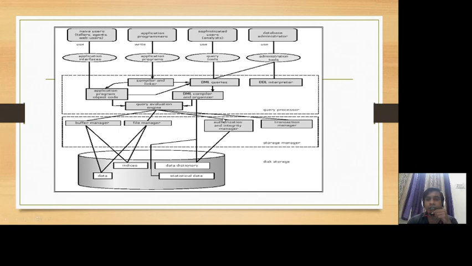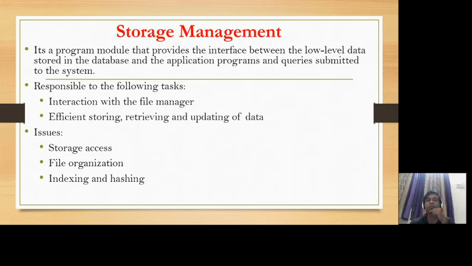So we frequently say that the major components of any database management system are the storage manager and the query processor. Let's check in more detail how the storage manager and query processor work. The storage manager is the program module that provides the interface between the low level data stored in the database and the application programs and queries submitted to our system.